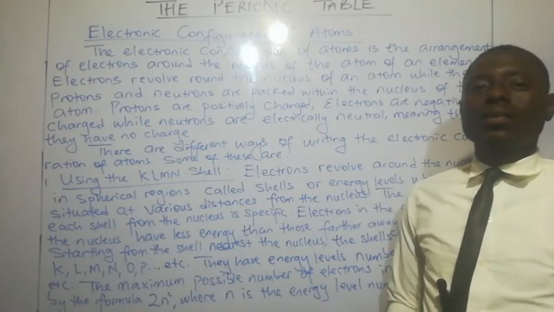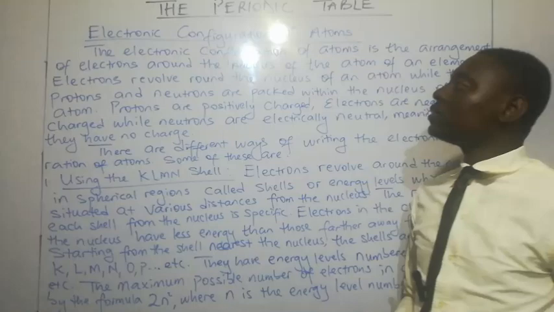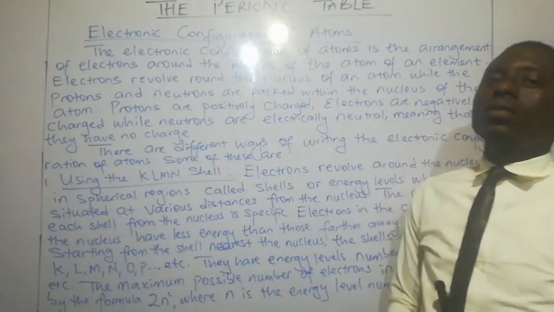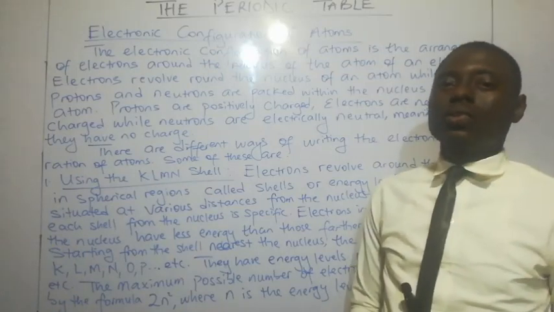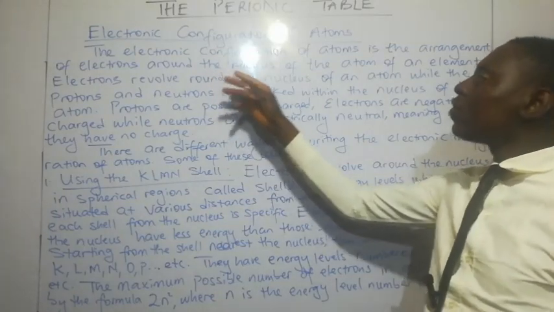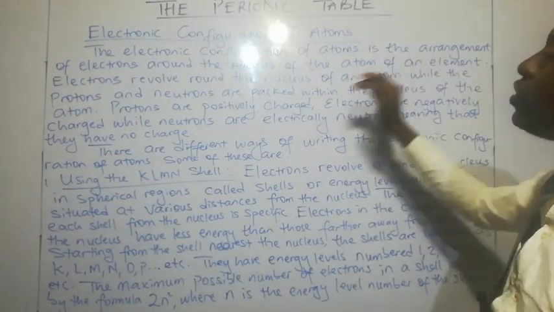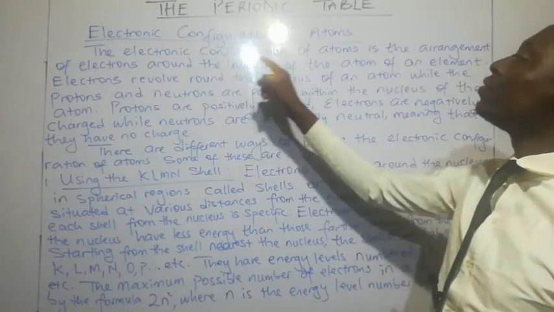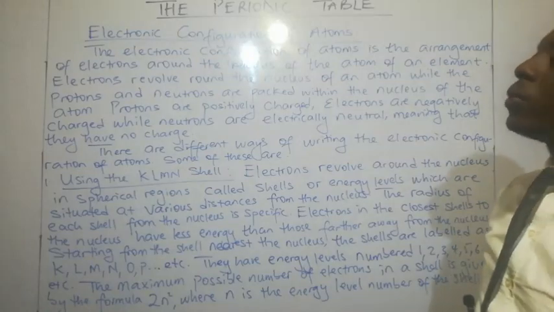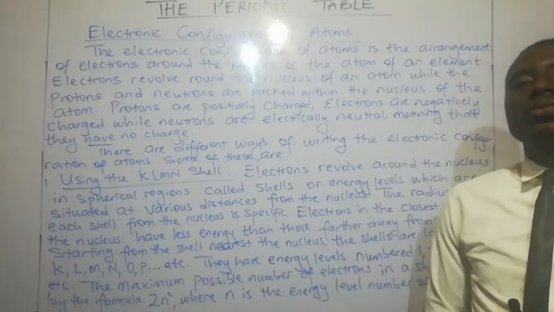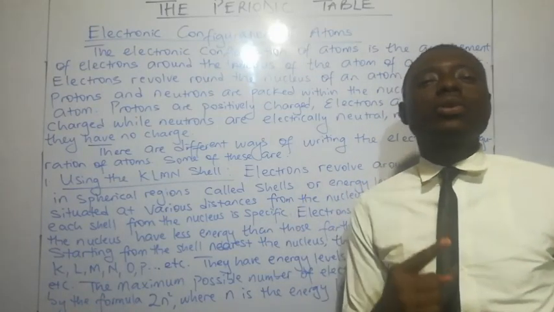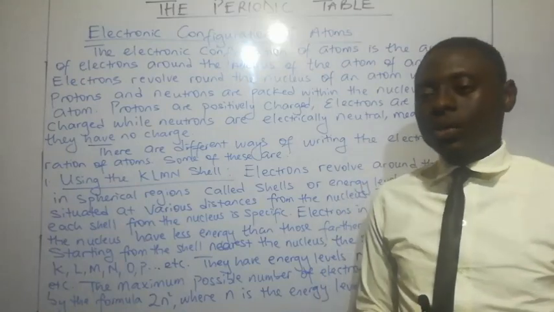Now, the next thing we are going to talk about is the electronic configuration of atoms. What is the meaning of electronic configuration? The electronic configuration of atoms is the arrangement of electrons around the nucleus of the atom of an element. So when you talk about electronic configuration, we are simply looking at how electrons are arranged around the nucleus of that atom. Because you see,